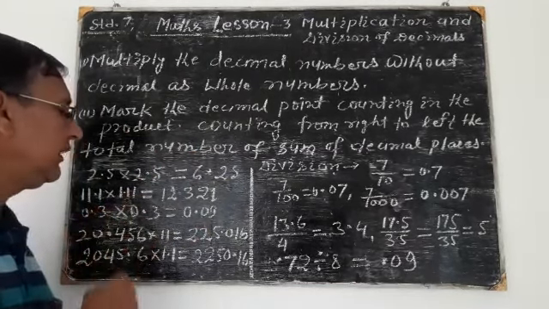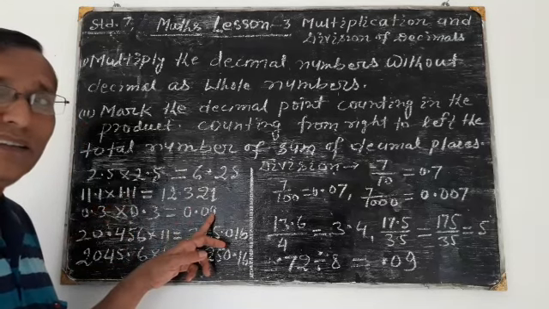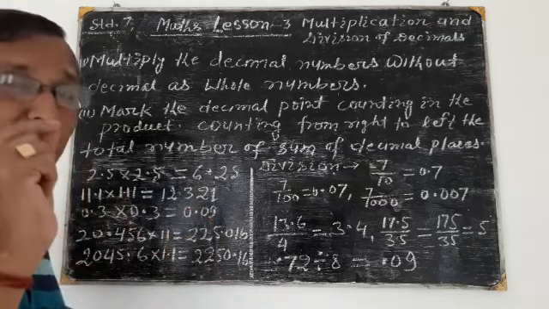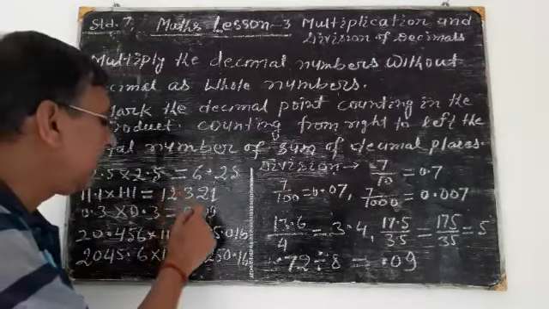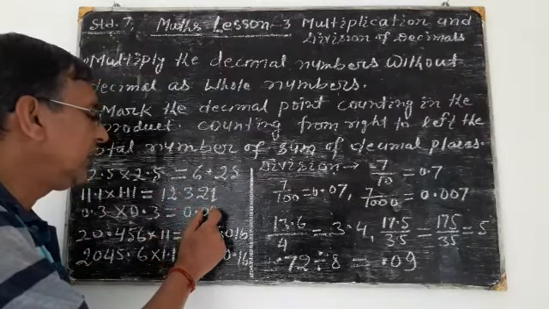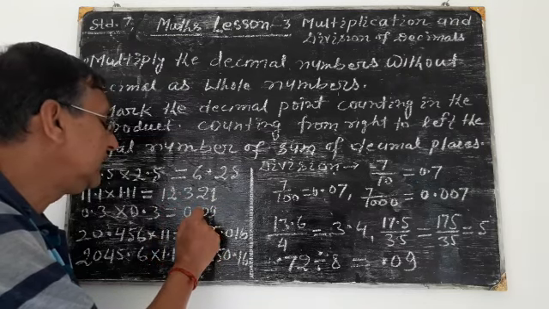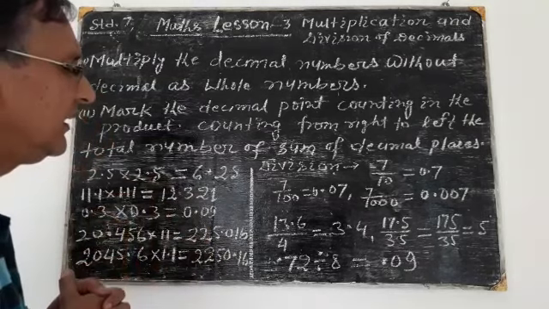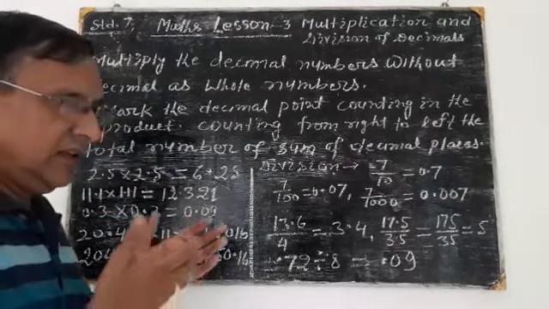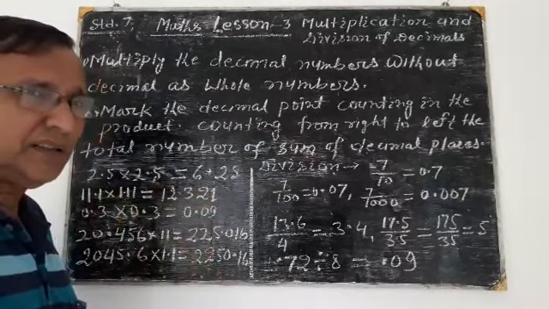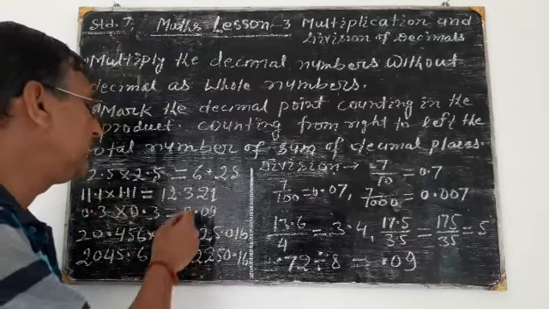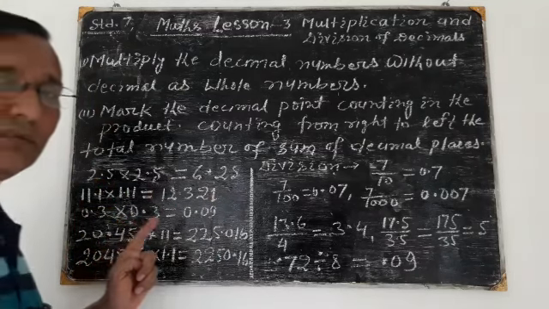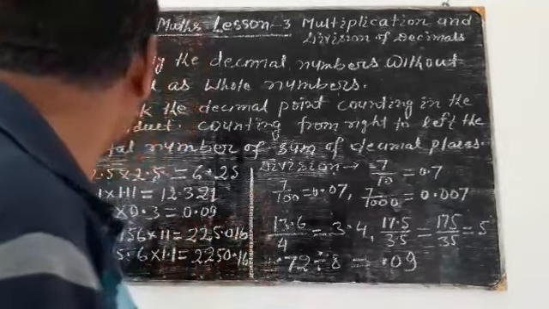Now you can take a simple example, 0.3 multiplied by 0.3. When 3 is multiplied by 3, the value is 9. But here the decimal places are 1 and 1, 2, and we have only one digit, 9. So we put a 0 to make the count 2 and then insert the decimal. Writing 0 on the left side of the decimal is not very important, but generally we put a 0 also.